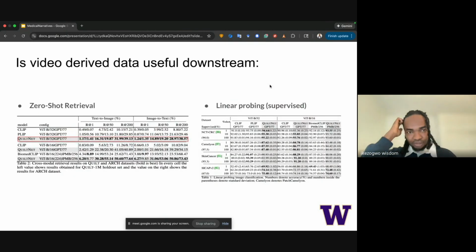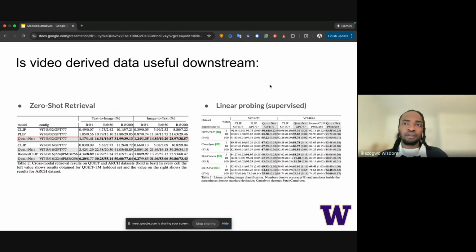So how useful is this data? Well, we fine-tune a modified CLIP on the data. We leverage the base CLIP ViT as the image encoder. We also leverage the base CLIP text encoder, but we also have experiments with an adapted BERT text encoder that was pre-trained on medical PubMed data. This particular text encoder has a much larger context length, which is better suited for medical text.